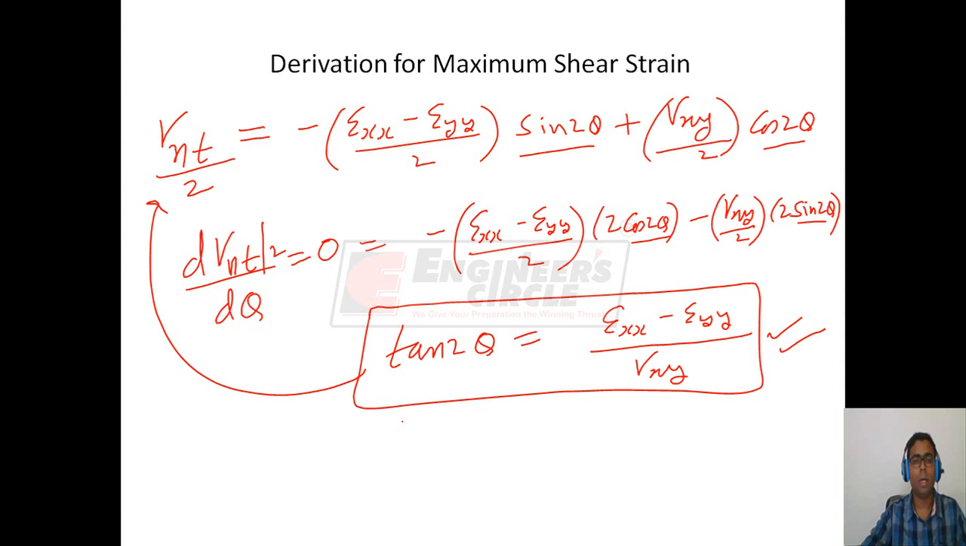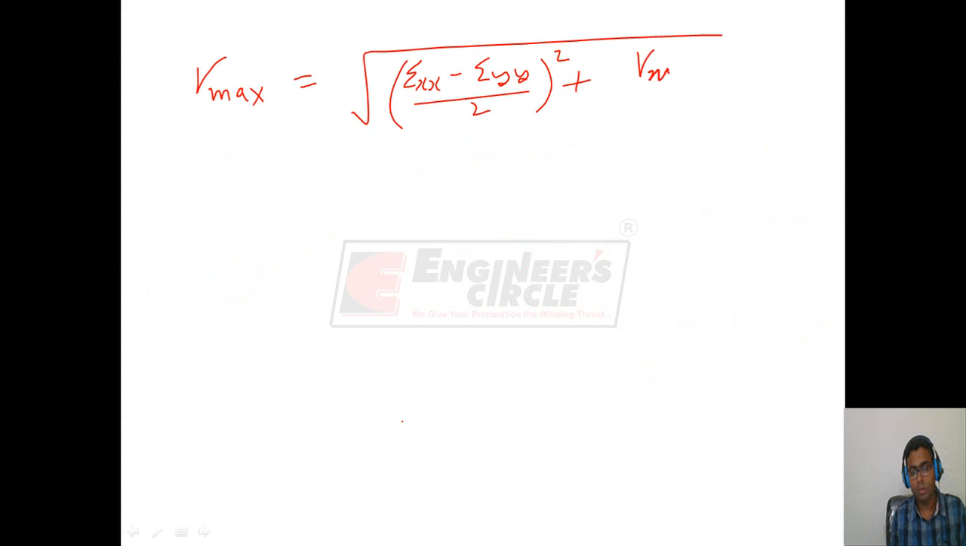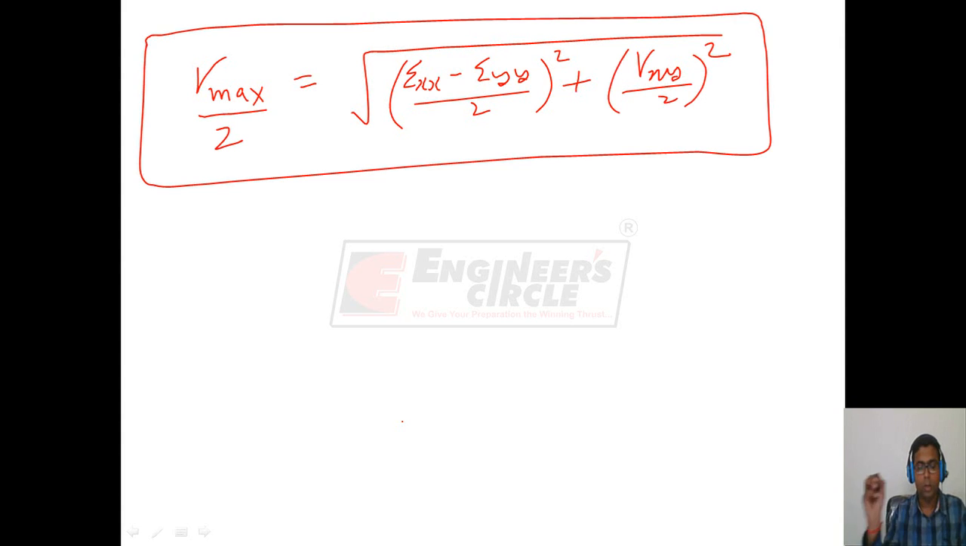Doing this will give us the maximum value of shear strain at a point as gamma max equal to under root of ((epsilon xx minus epsilon yy) by 2) whole square plus (gamma xy by 2) whole square. So this will be gamma max by 2. So we have found the maximum and minimum normal strains at a point and the maximum shear strain at a